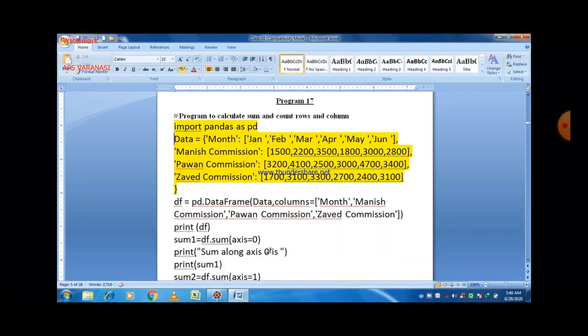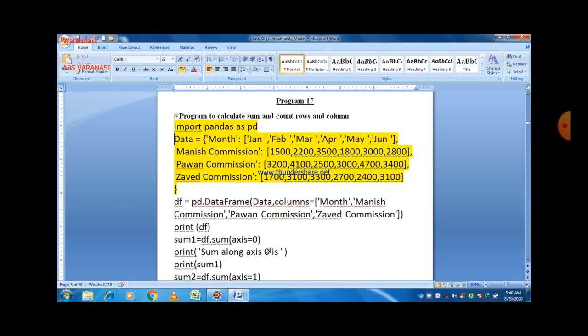In this program you can easily see that the first line is import pandas as pd. Pandas is the name of the library, and we have to import the pandas library. Without this you are not able to create a data frame, or use any method belonging to the data frame. pd is an alternative name given to the pandas library. Whenever you want to use pandas as a library, just write pd in place of pandas and then put the dot operator, and after that dot you can write the method name.